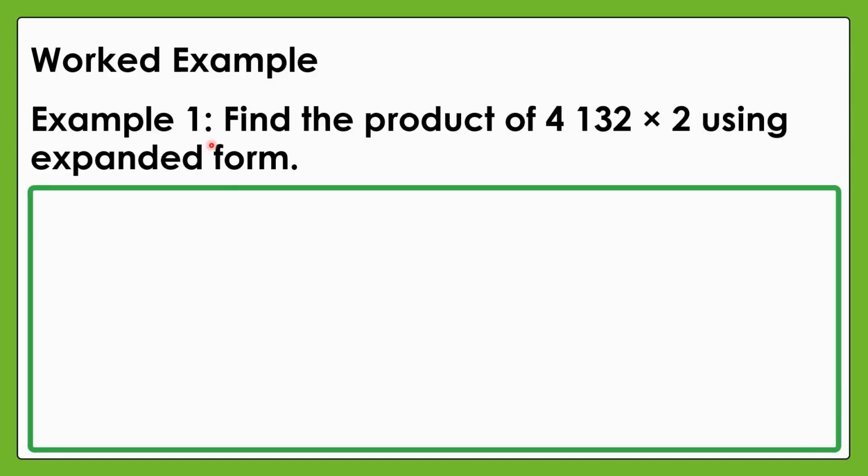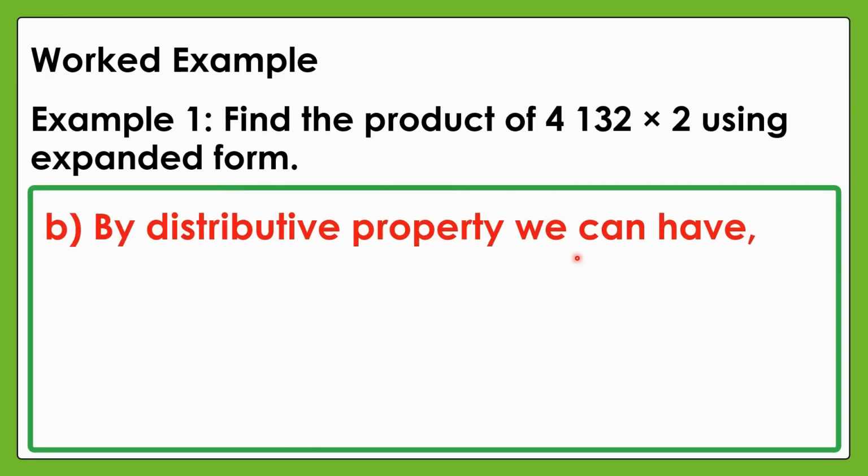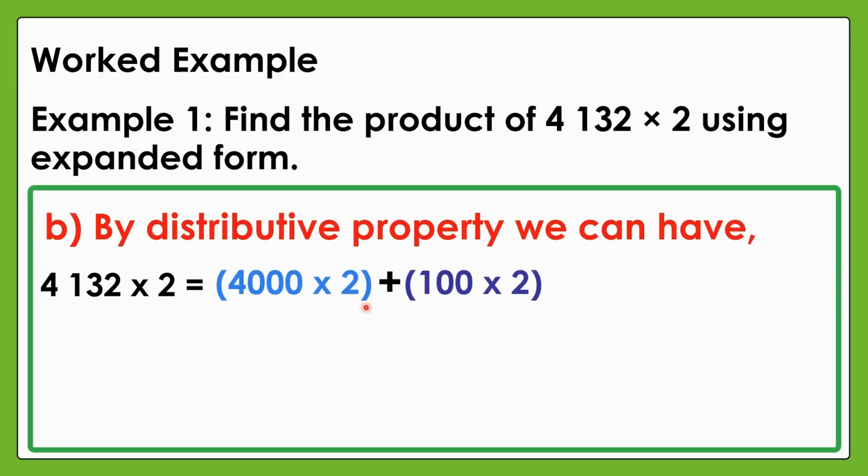Let's have example number 1. Find the product of 4,132 times 2 using expanded form. By distributive property, we can have 4,132 times 2 is equal to 4,000 times 2 plus 100 times 2 plus 30 times 2 plus 2 times 2